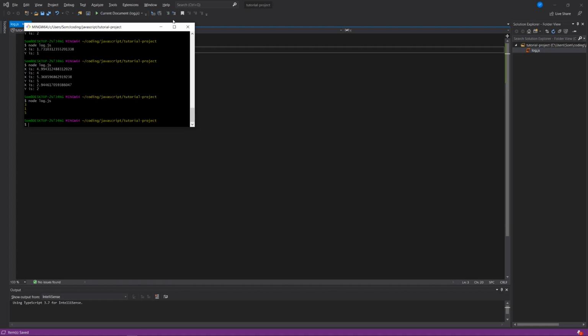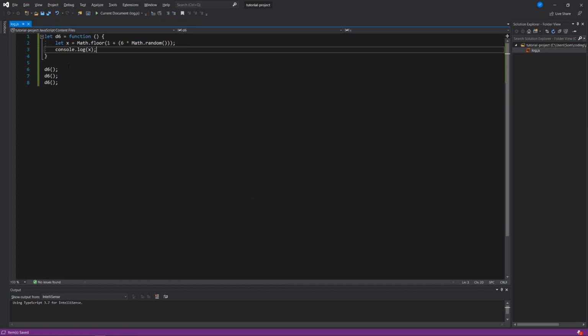It's just that I've now rolled the dice 3 times, and I don't have to look at "x is" and all these numbers. I just know that I've rolled a d6 3 times, and when I do it again, I get 2, 1, and 2, and I'm getting 3, 6, 6. So this is working pretty much as intended, which is great if I just wanted a 6-sided die to be rolled,